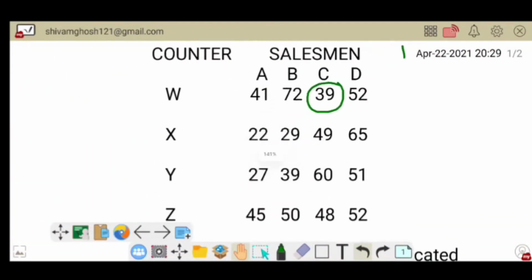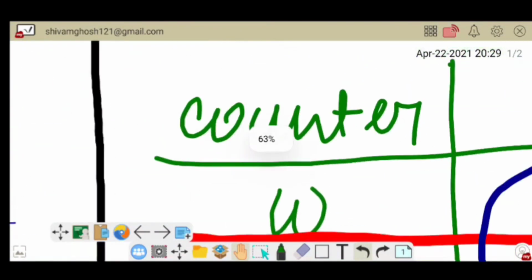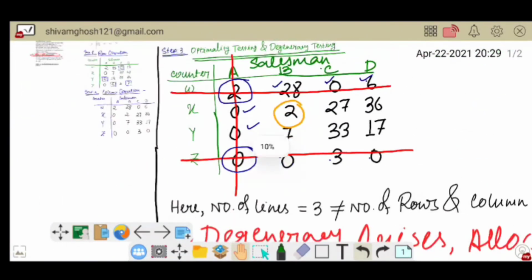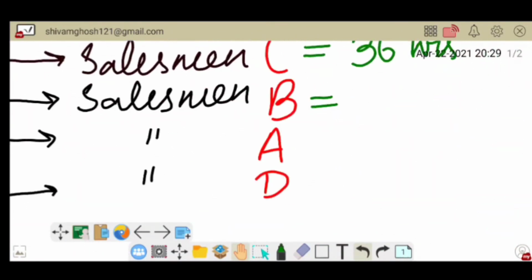So for handling counter number X with salesman B, that will be 29 hours.